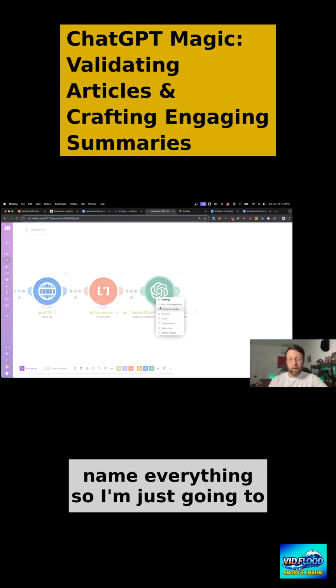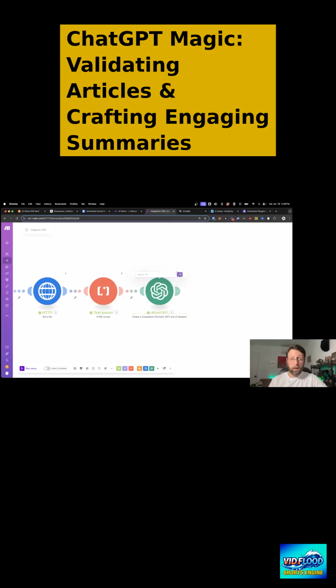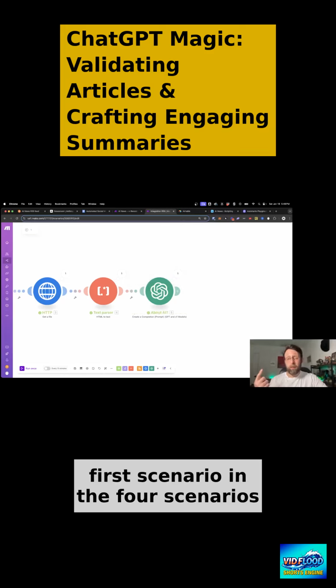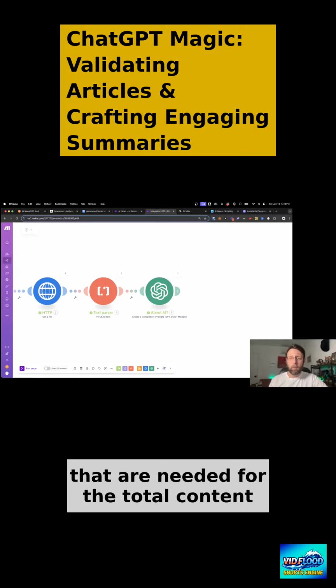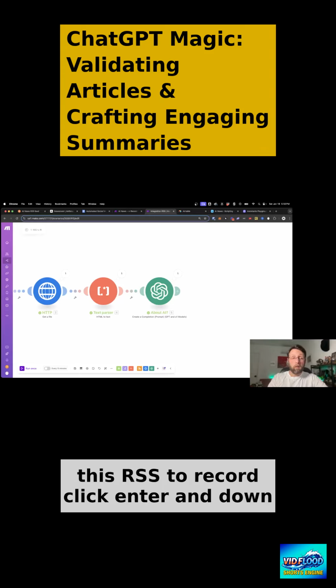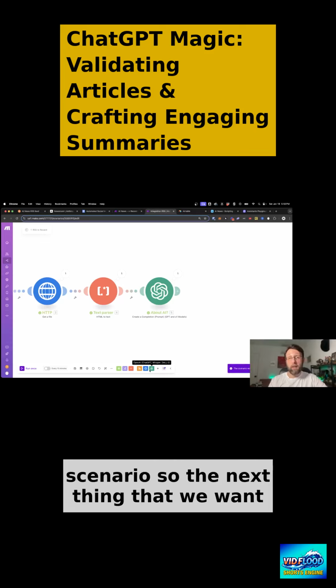And it's always really helpful to name everything. So I'm just going to rename this about AI? Okay. And we can do this as well. And we can just type 1 because this is going to be the first scenario in the 4 scenarios that are needed for the total content automation system. And then we'll just call this RSS to record. Click enter, and down at the bottom here, just go ahead and click save to make sure you save your